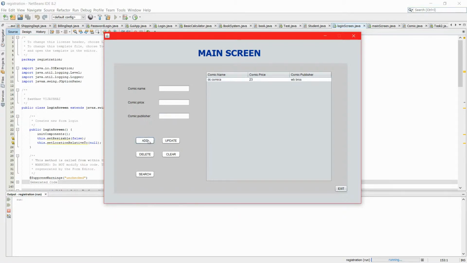So this is how the add function works in this program. The data will appear in the table,